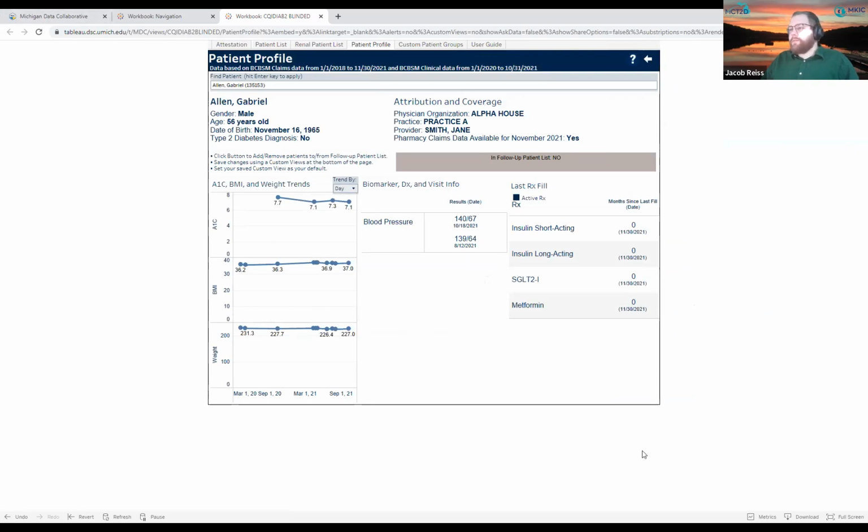We can see a sample of what it looks like here. So you can see that we have our meds on the right here like we have before. We also have this blood pressure category here, which is new. And so the one thing I wanted to mention about blood pressure, we are limited in